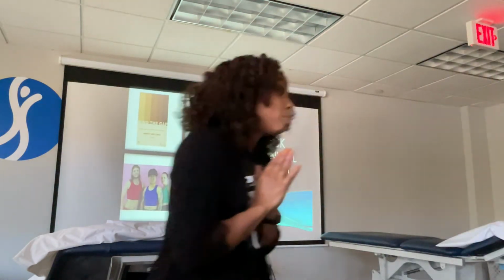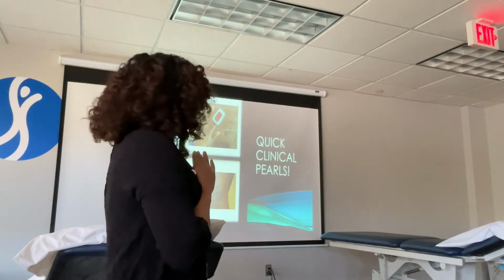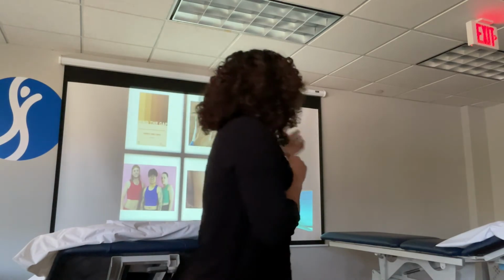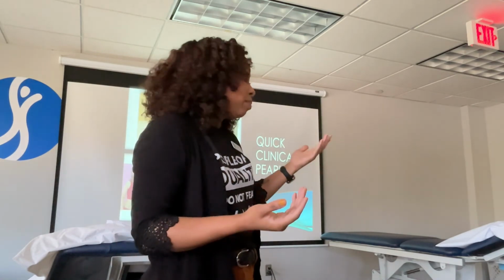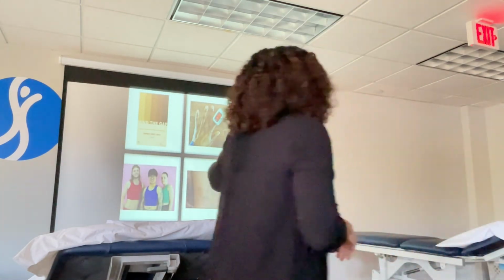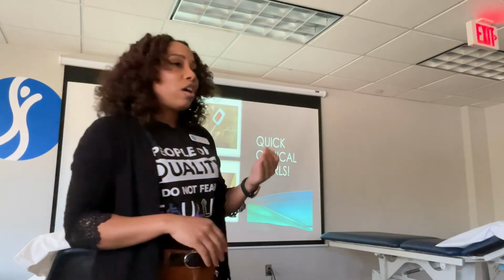Just some quick clinical pearls. A resource that is amazing is called Mind the Gap. It's written by a medical student, and he shows different medical issues on brown and black skin. One thing in PT a lot, you're looking for cyanosis, or what does blanching look like on brown skin compared to lighter skin. Pulse oximetry, it has been known for a long time that it does not read well on black and brown skin.